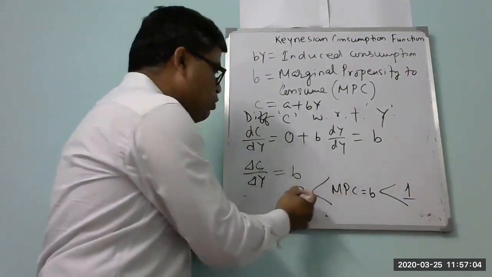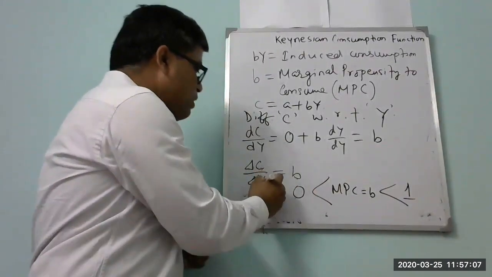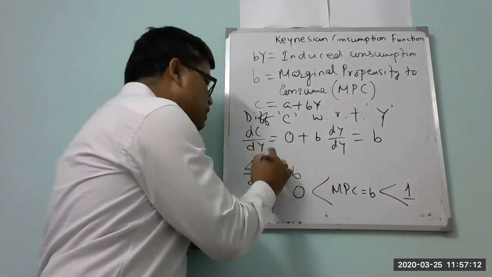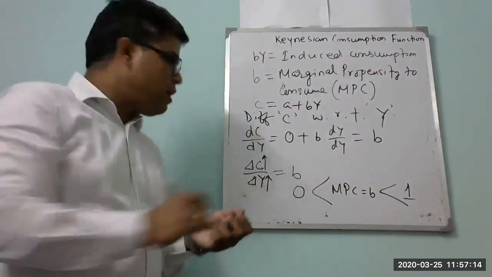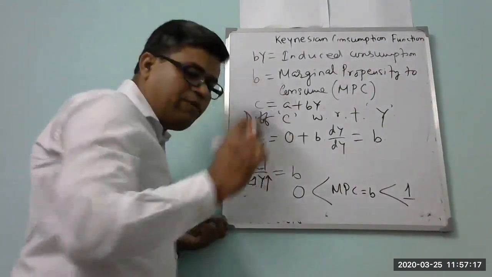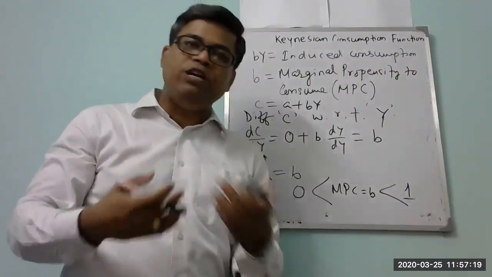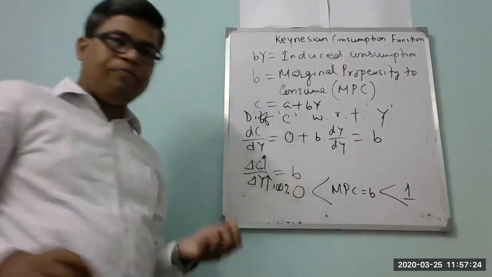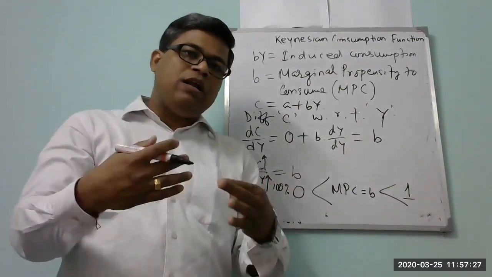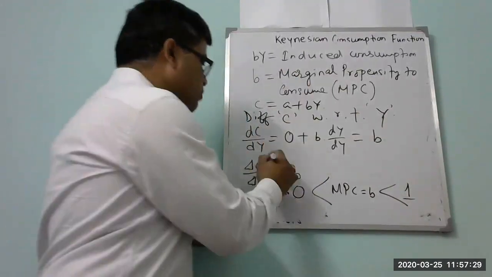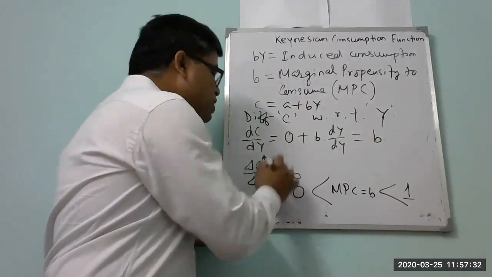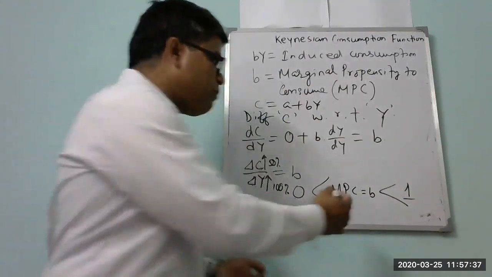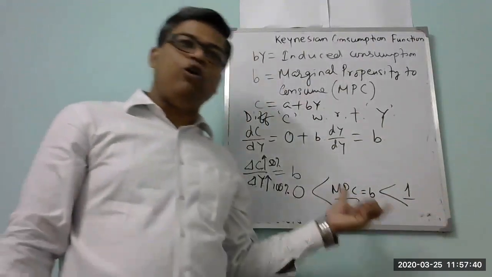It is more than 0 because if the income changes, suppose income level increases, then obviously the level of consumption will increase. Let's say, an example from the micro point of view, a person's income goes up by 100%, then his or her level of consumption will increase, let's say by 50%. So if we divide, that will always be greater than 0. So the marginal propensity to consume will always be more than 0.